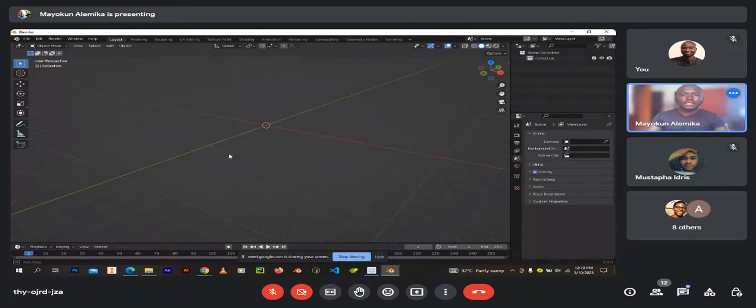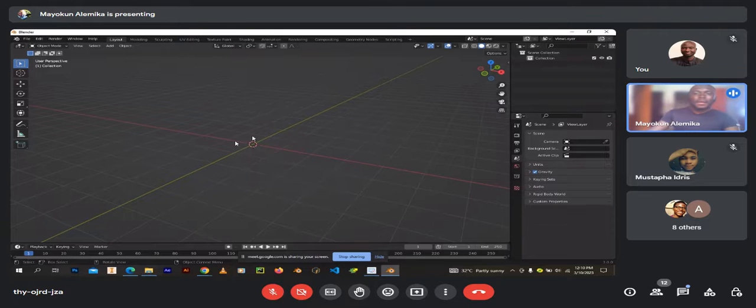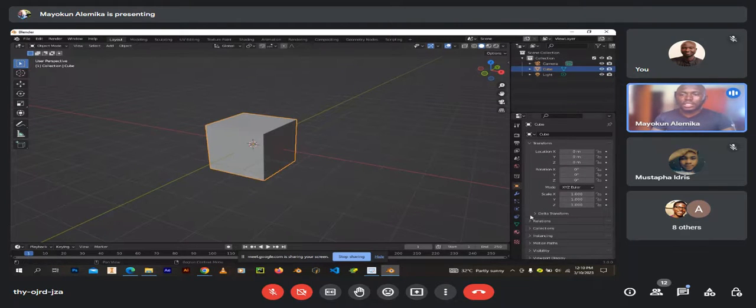So in the next class, we'll be discussing properly about modifiers. Modifiers are very powerful tools in Blender that you can use to speed up your workflow like 10x. Modifiers are another broad topic because there are lots of modifiers. That's it, and this is where you find the